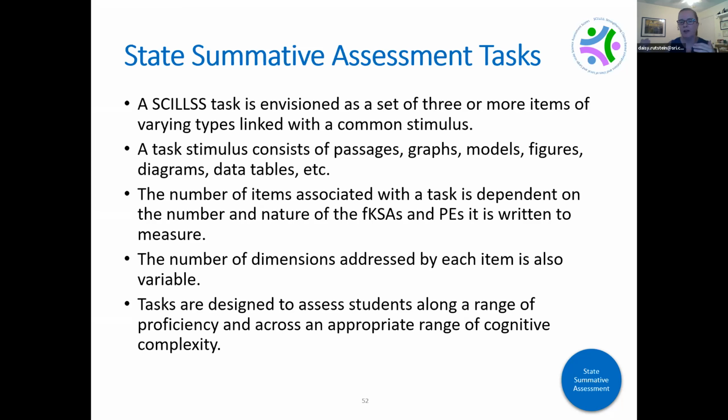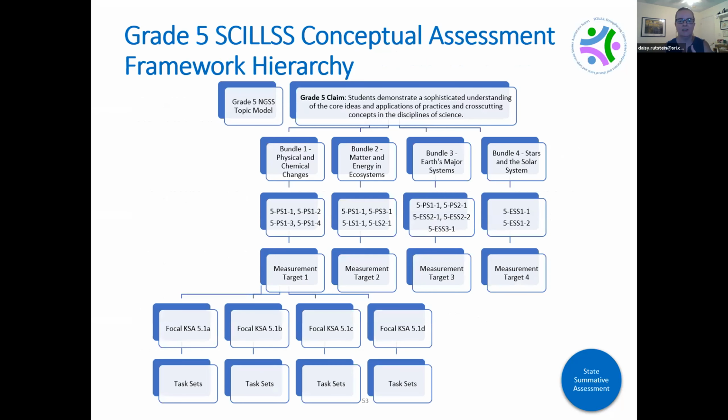And so thinking about how we're going to be scoring this and what the complexity of what we're asking them to do and how that relates to the PEs. And again, we have these on our website if you'd like to take a look at them at some point. Next slide. So the overall hierarchy of, we talked about all the different documents that we have, but so you